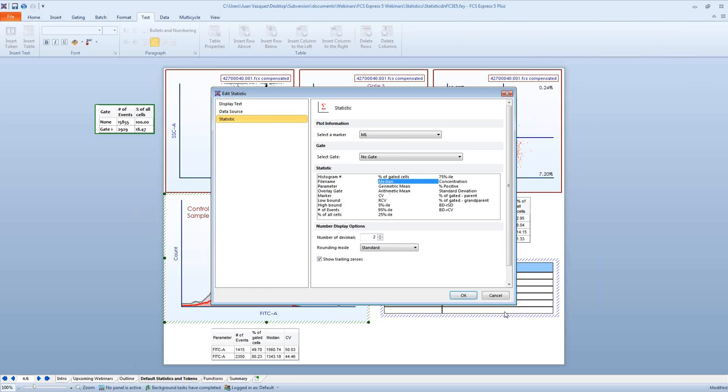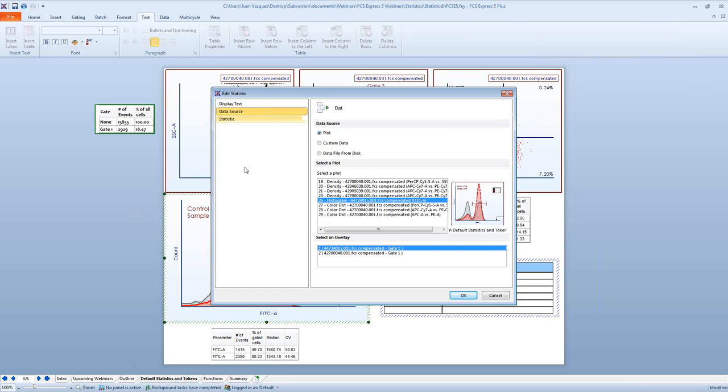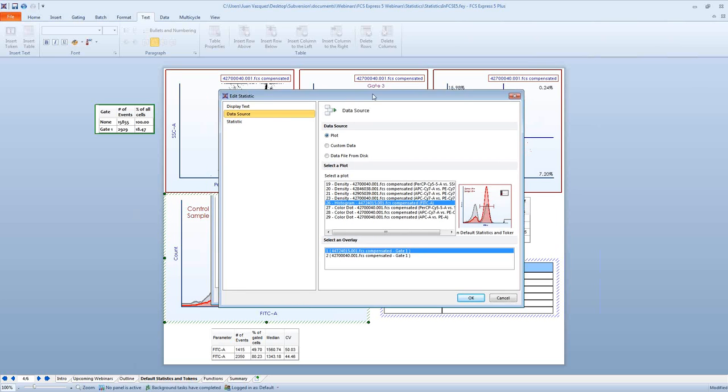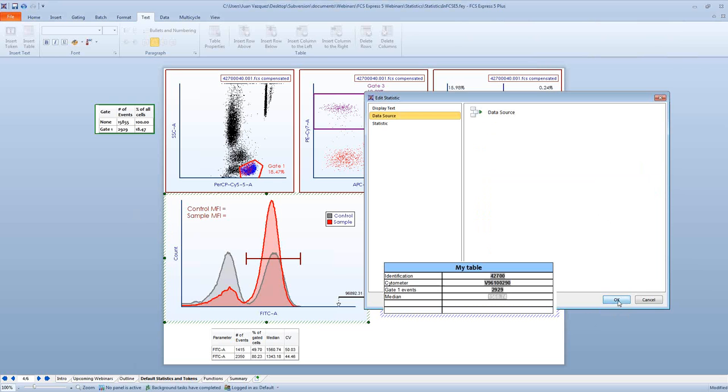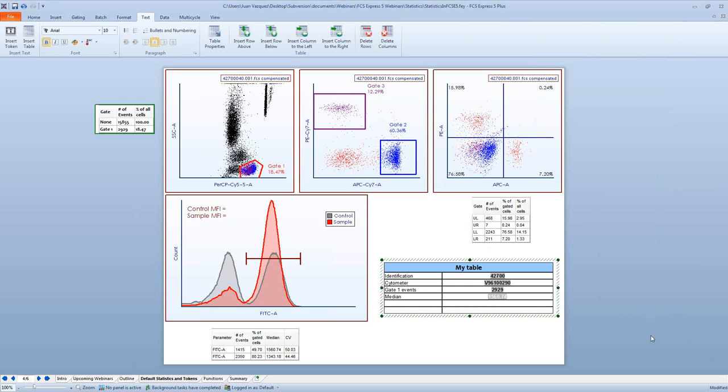Again, all you need to do is just select the stat. But what we can do is when we have histograms that have multiple overlays on here, we can select which overlay we want this statistic to represent. Okay, so we can either choose the control sample or the actual sample. Okay, and then we can click OK, and then you're going to see that number is going to be inserted